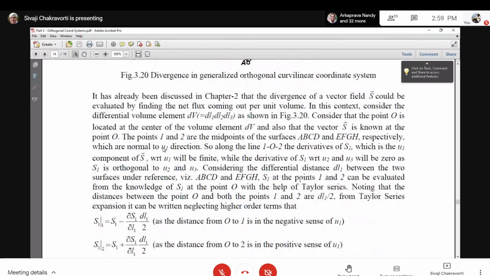Now, Taylor series, I don't know whether you have gone through the Taylor series in mathematics. So have you gone through Taylor series? Yes, sir. Can you tell me exactly what is Taylor series? What does it do? It actually generalizes each and every function, it gives the fundamental and harmonics of a function.